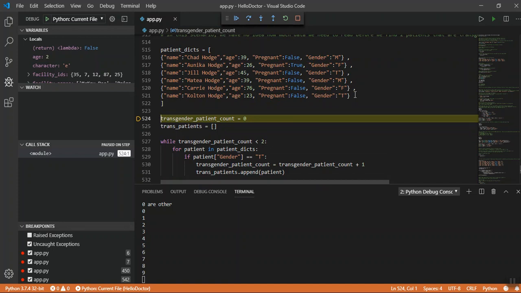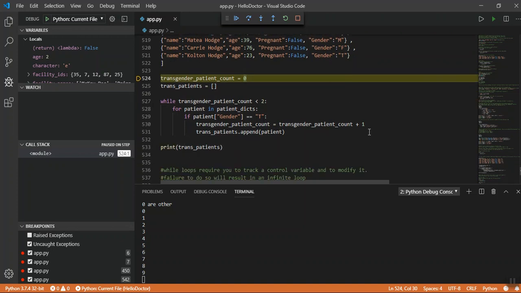We just want to know, do we have at least 2 transgender patients in our population or that we've seen in our clinic? So to do that, we don't know how many times we're going to loop, right? We could loop through all the patients. That's fine. But if we want to do something specific, we just want to know, are there at least 2? That's a whole different story, right? We just need to read until we've hit our condition, and then we can just stop. And it saves us a lot of